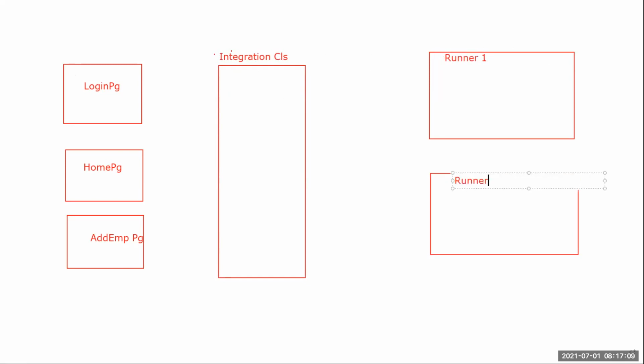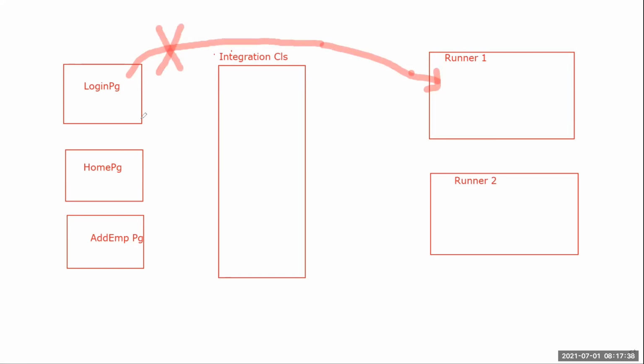This is runner 2. So whenever I want the pages, I'm not going to create objects of this login page directly inside these classes.